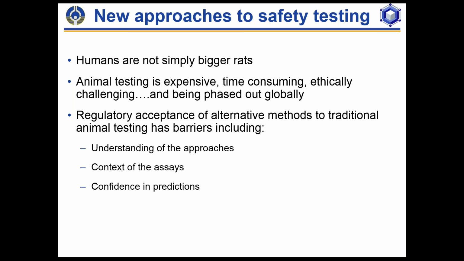The regulatory acceptance, though, of these alternative methods has been met with some resistance, understandably, because a lot of the folks who are then coming out to evaluate these methods, they're not used to seeing this type of data. And so they really need some help in understanding the differences of these approaches, what the limitations are. They need some context for the assays. When you used to have a simple, did the animals die or are they alive type of assay, and now you're faced with a whole bunch of different assays that may give you readouts on very specific molecular processes, how do you start relating that information together?